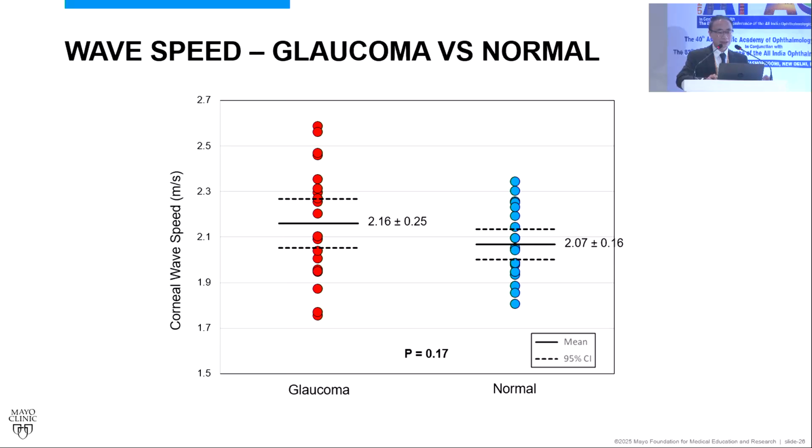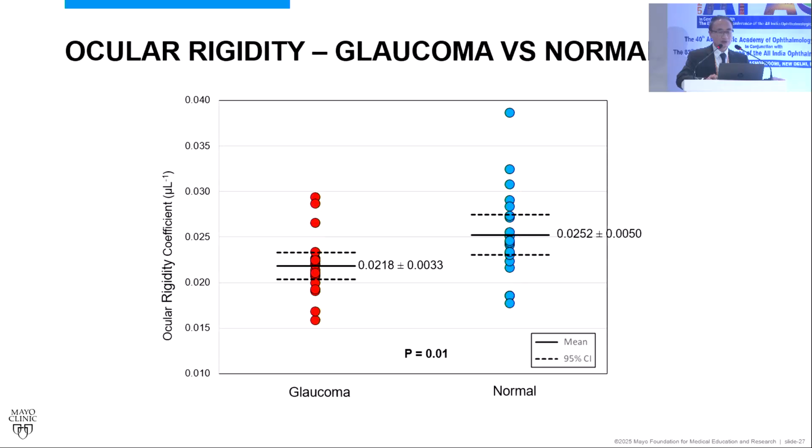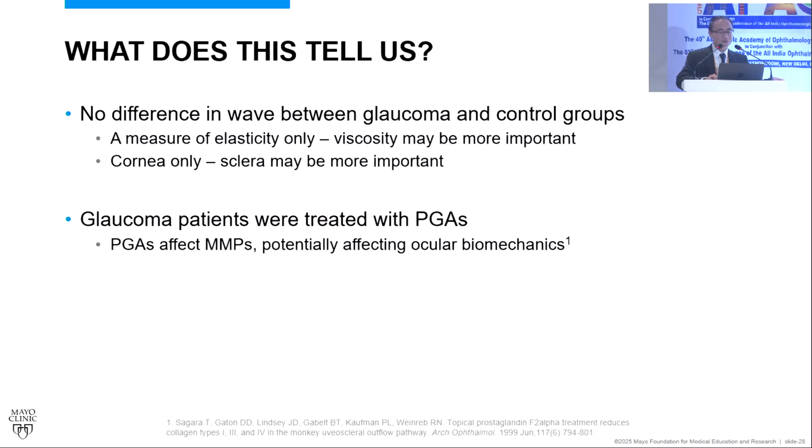find that there's no difference in terms of wave speed when we're looking at normals versus glaucoma, treated glaucoma patients. But we do see that in treated glaucoma patients, the ocular rigidity is lower than in normal subjects. And so what does this tell us? First of all,